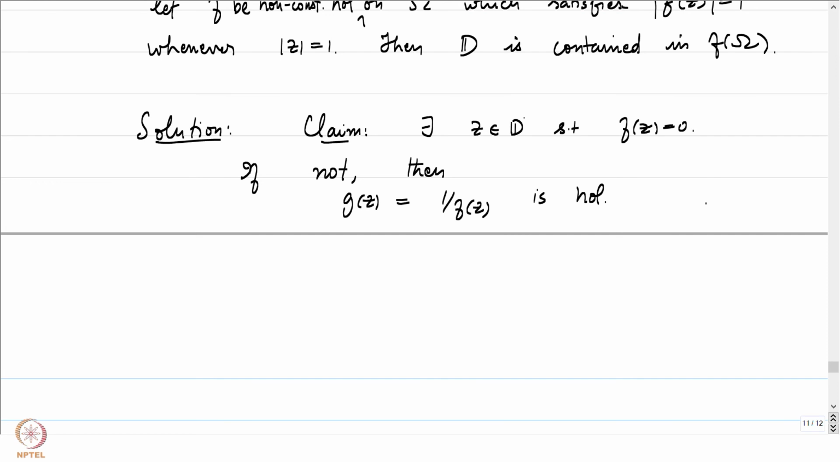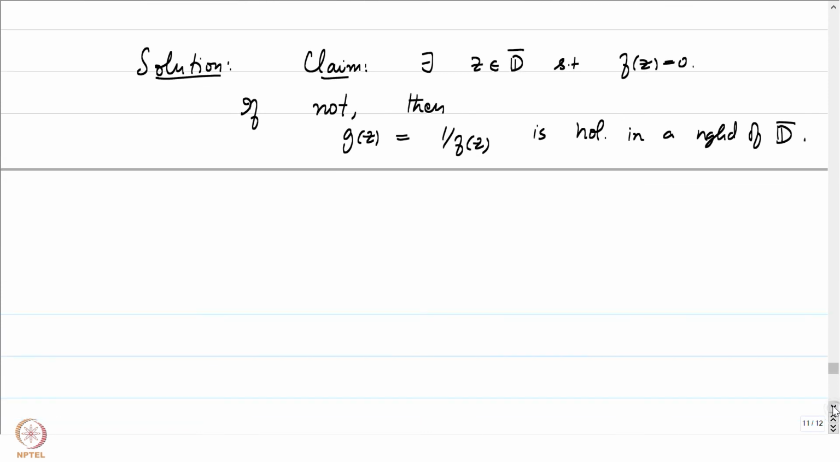So let me say there exists this on D bar. We know what f is on the unit circle, so we know that f does not vanish there, but we can now say that it is holomorphic in a neighborhood of D bar. It is holomorphic in some u which contains D bar. Now by the maximum principle,